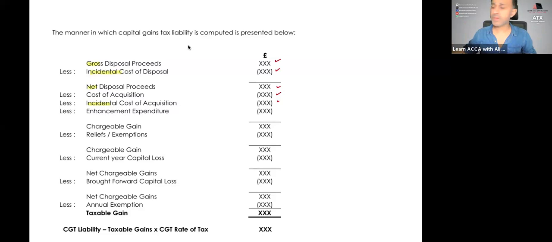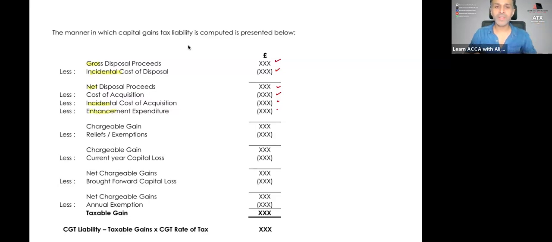Then comes the enhancement expenditure. Likewise, in accounting studies, enhancement cost, extension cost, improvement expenditures are capitalized. So that's what we are also exactly doing over. No rocket science into it. You know that the improvements, extensions, and enhancements are always capitalized into the existing cost of the asset. So the same will be applied to